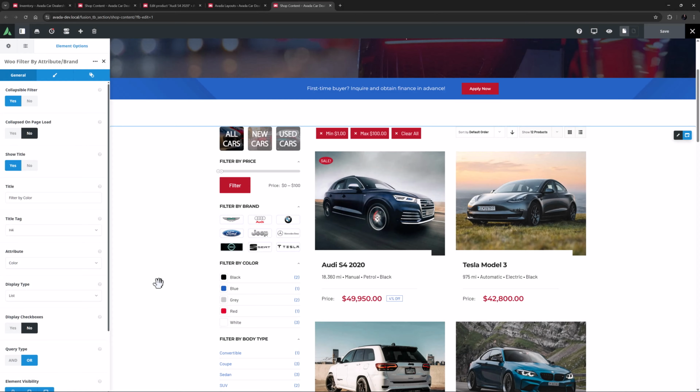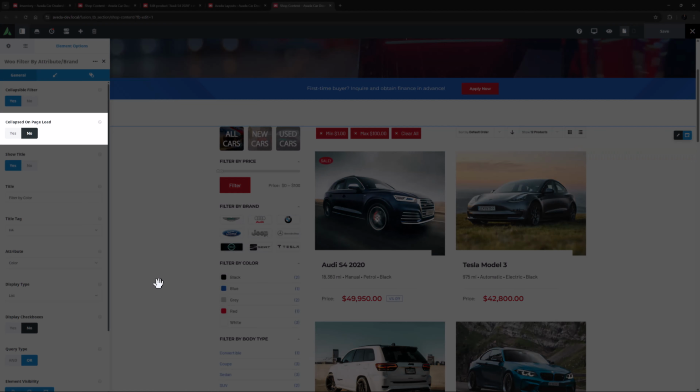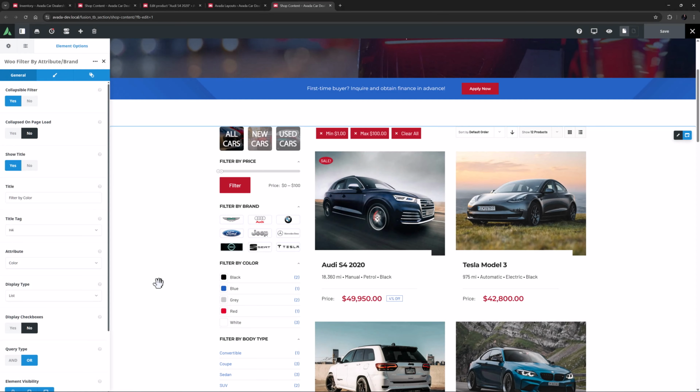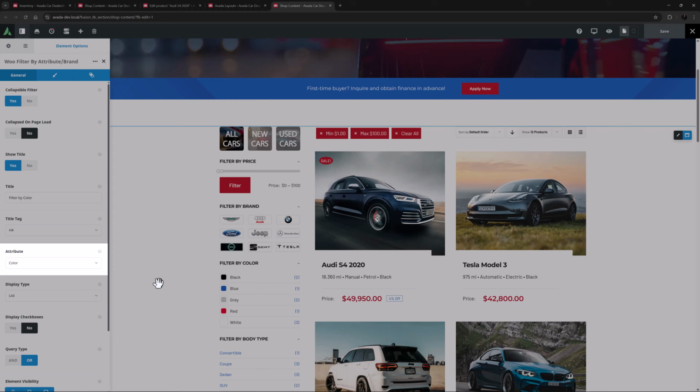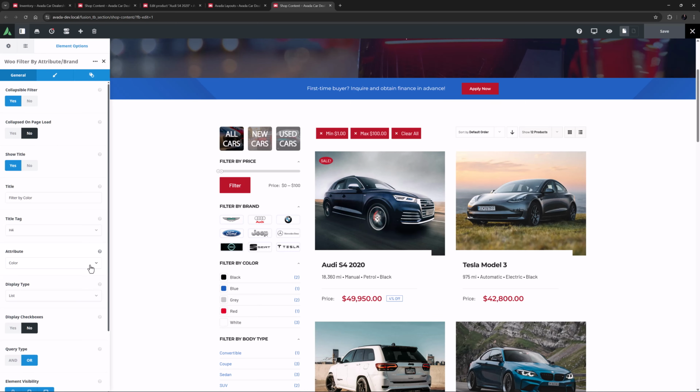This allows users to collapse the filter by way of this small arrow, and if you want, it can even be collapsed on page load. A bit further down on the General tab is the Attribute option. This is where you pull the particular product attribute, and as we can see here, these products have both a